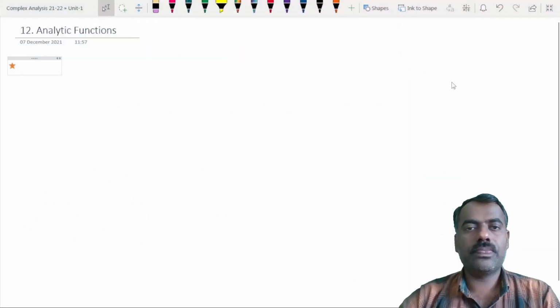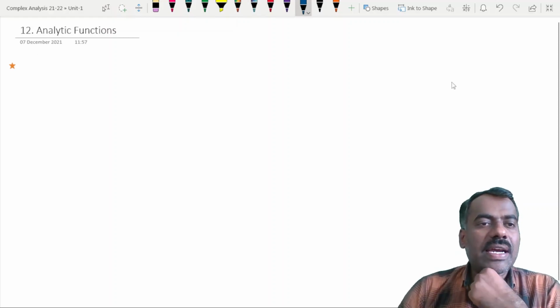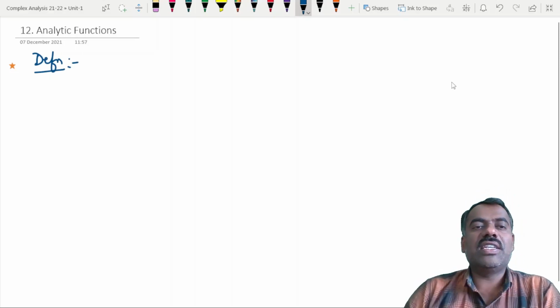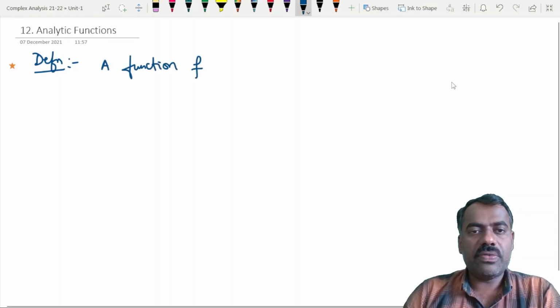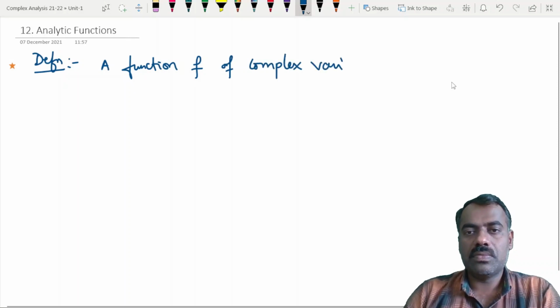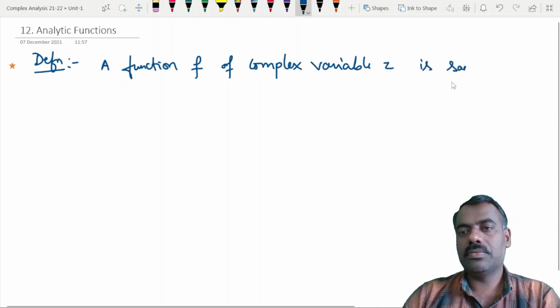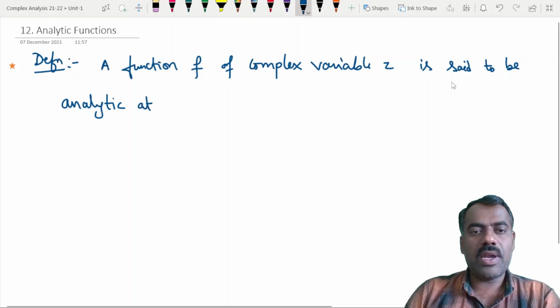So we'll start with the definition of what is meant by an analytic function. When do we say that a function is analytic? A function f of a complex variable z is said to be analytic at a point z naught